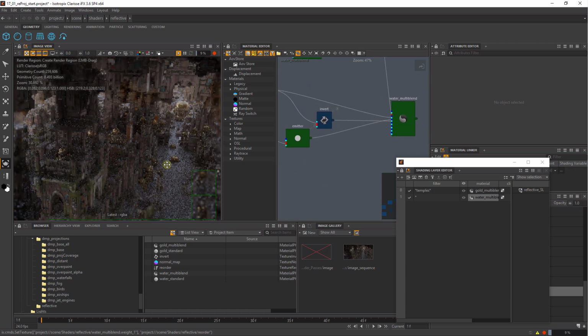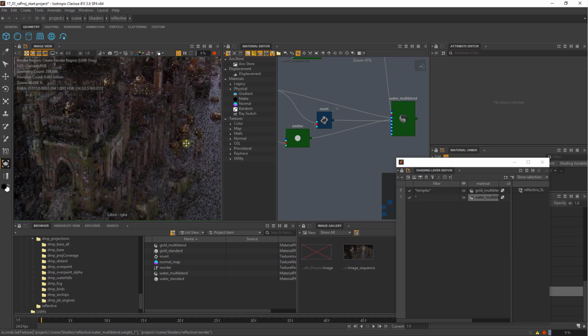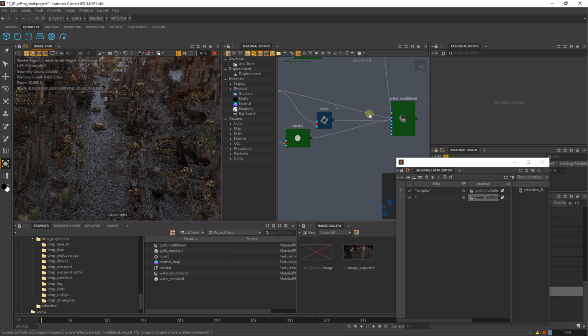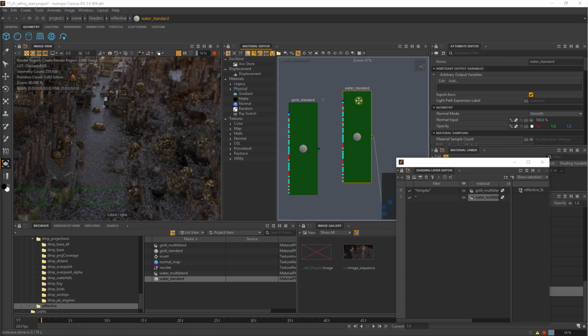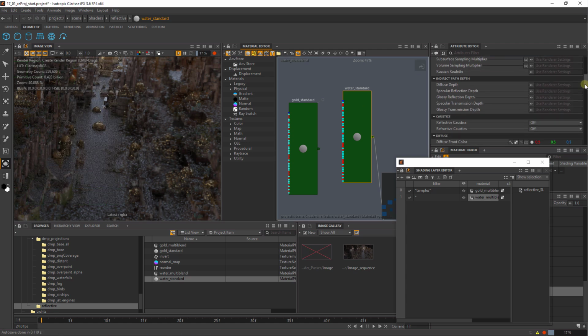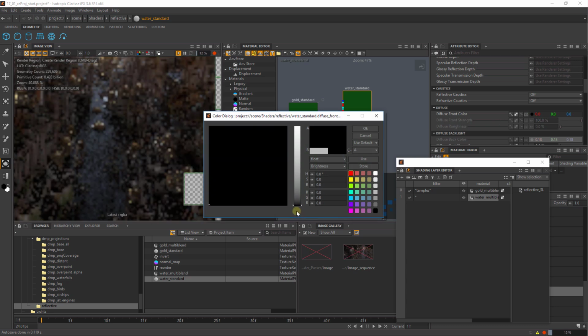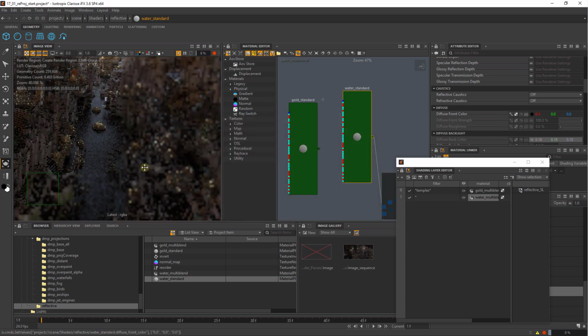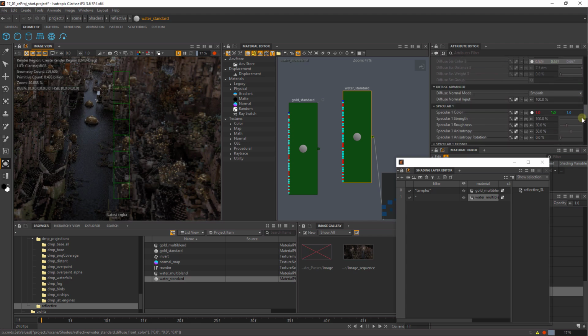So now we are getting gold on the tops of all our temples and water on all of the upwards facing faces. Let's have another look at this water standard material. I think we can get slightly better results if we change the diffuse front color just to black. And this, I think, will allow us to multiply the reflections better with our DMP in Nuke by just having the default value be black,